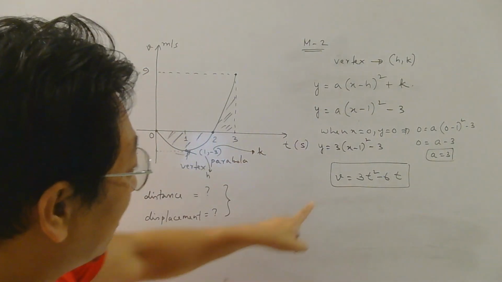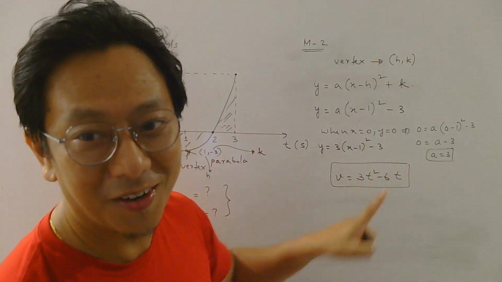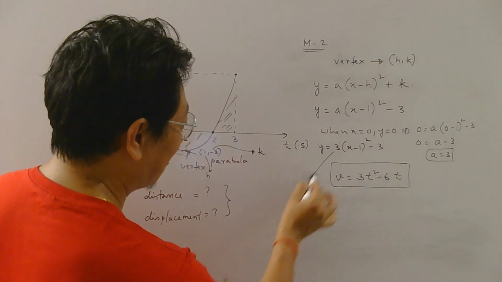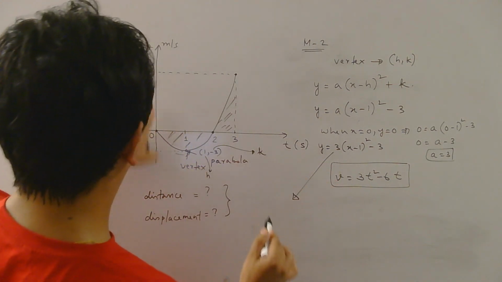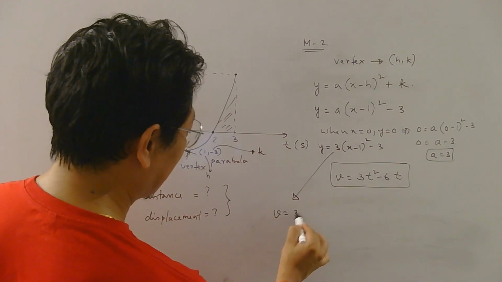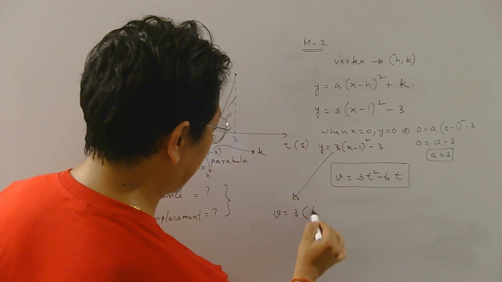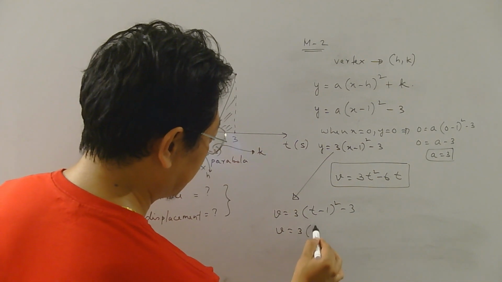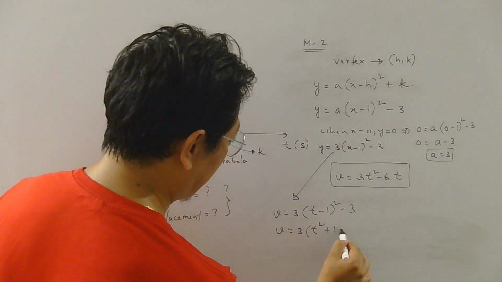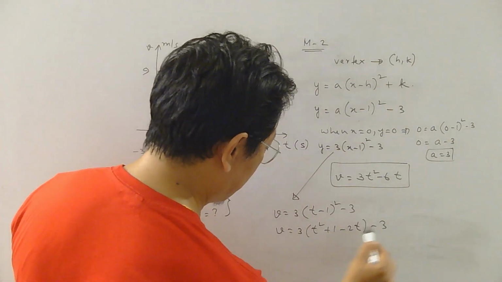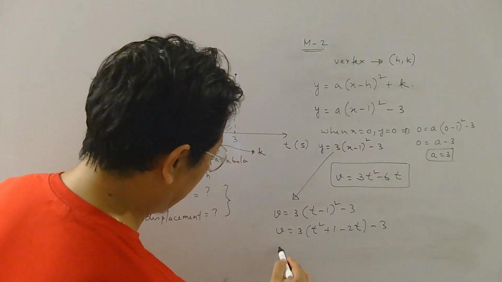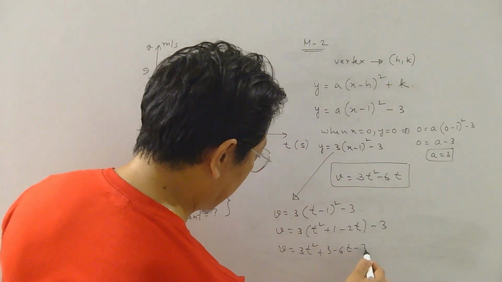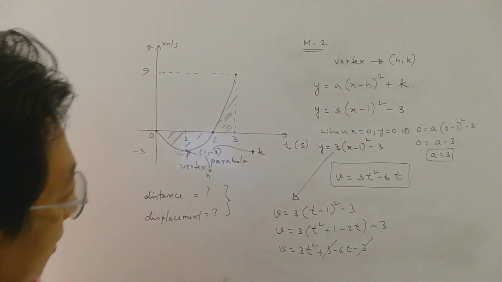Okay. Now remember, this was the equation which we derived before. Now I need to show you that this will also give you the same equation. Check now. Of course, the y coordinate here means velocity and the x coordinate here means t, right? Open this bracket. So a squared plus b squared minus 2ab, minus 3, right? And that will give you 3t squared plus 3 minus 6t minus 3, and the 3 and minus 3 cancel, and you get the